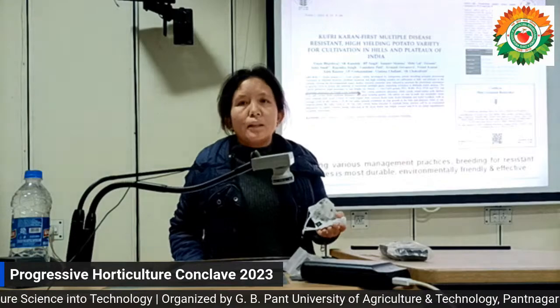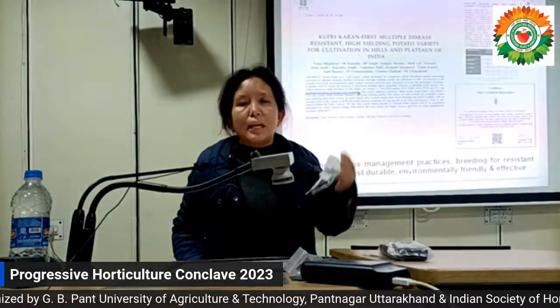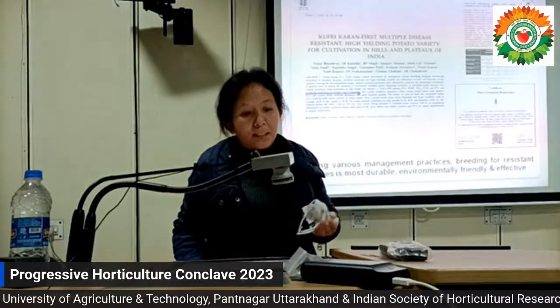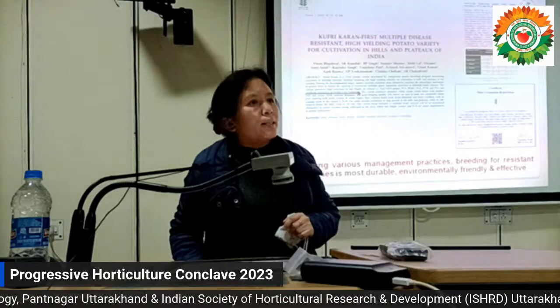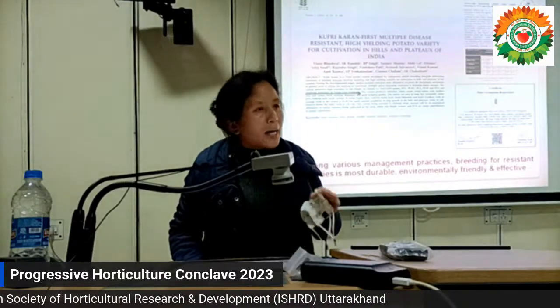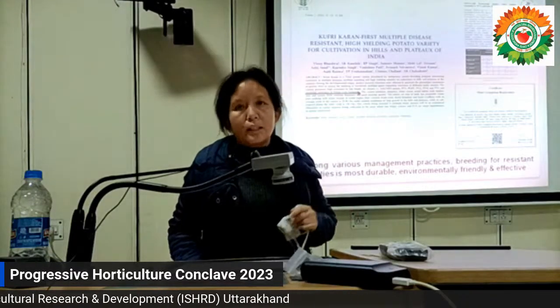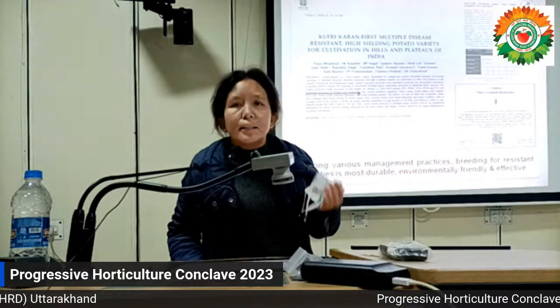Now what we are doing at CPRA for so many years, we definitely had in our mind that these are devastating pests. We came with a variety Kufri Karan in 2020. That is the first marker assisted breeding variety of potato in our country, which is highly resistant to late blight as well as moderately resistant to potato cyst nematode. But moderate resistance is not the answer. We need a variety which is highly resistant or immune.